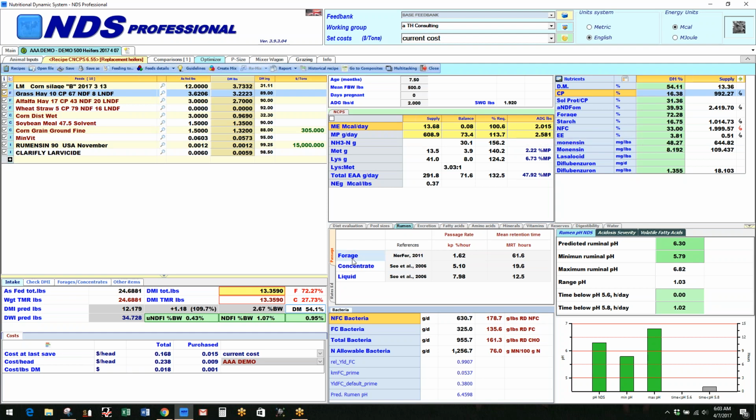Right now, using the 6.55 and the enhanced forage passage rate from Norfor, what we're seeing is that ME prediction is the best thing to look at. So hopefully that helps you